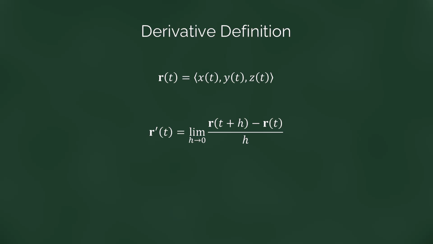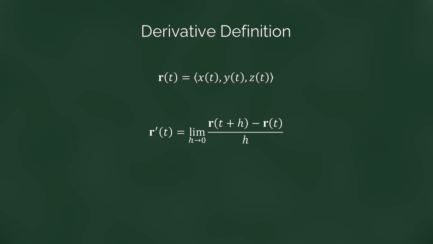So if we have a vector-valued function r of t in component form, remember that we can rewrite it in terms of the components times the vector i, the vector j, and the vector k. We can use the standard definition of the derivative from Calc 1, that r prime of t is the limit as h approaches 0 of r of t plus h minus r of t, over h. If we then use our addition formulation for our